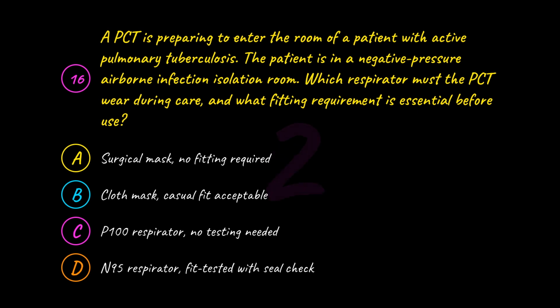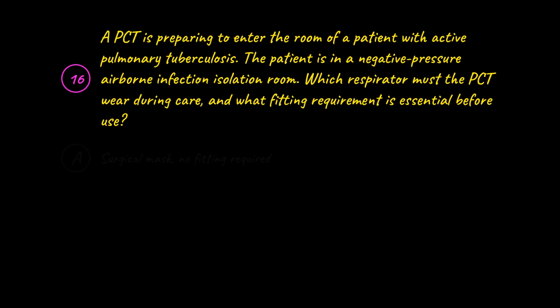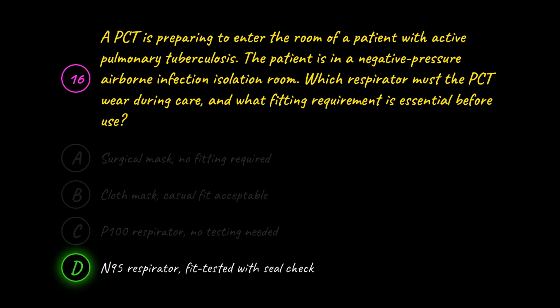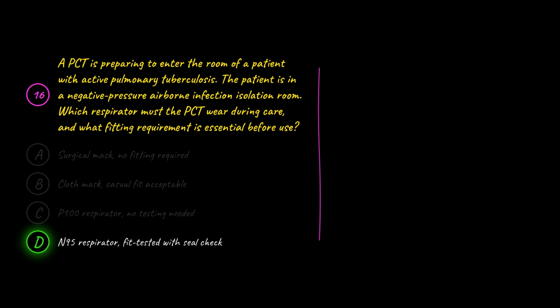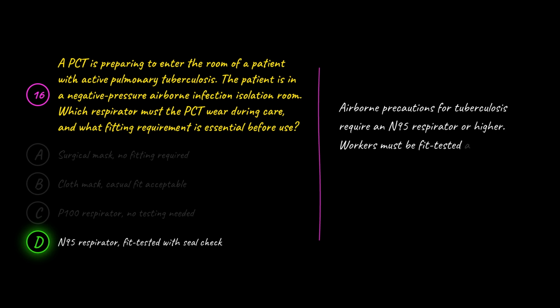The correct answer is D. N95 respirator, fit tested with seal check. D is correct because airborne precautions for tuberculosis require an N95 respirator or higher. Workers must be fit tested annually and complete a user seal check at every entry to verify the respirator forms